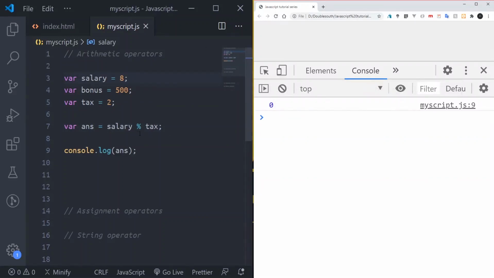Salary 8, tax... okay, now modulo there. Normally, if I divide this 8 over 2 now, you see something at 4 there. You get. If I divide 9 over 2, you see it gives us 4.5. So this is the modulo, it does that remainder, where the comma I saw now, it brings for us.